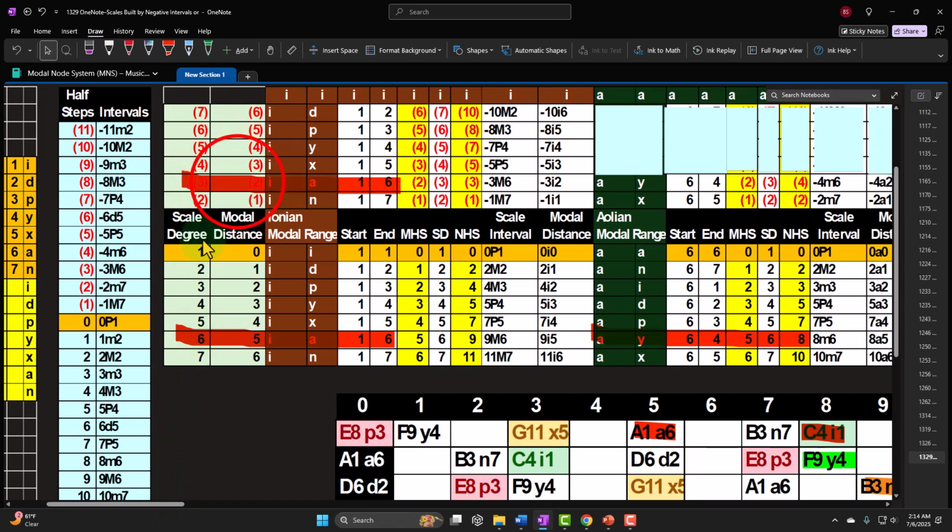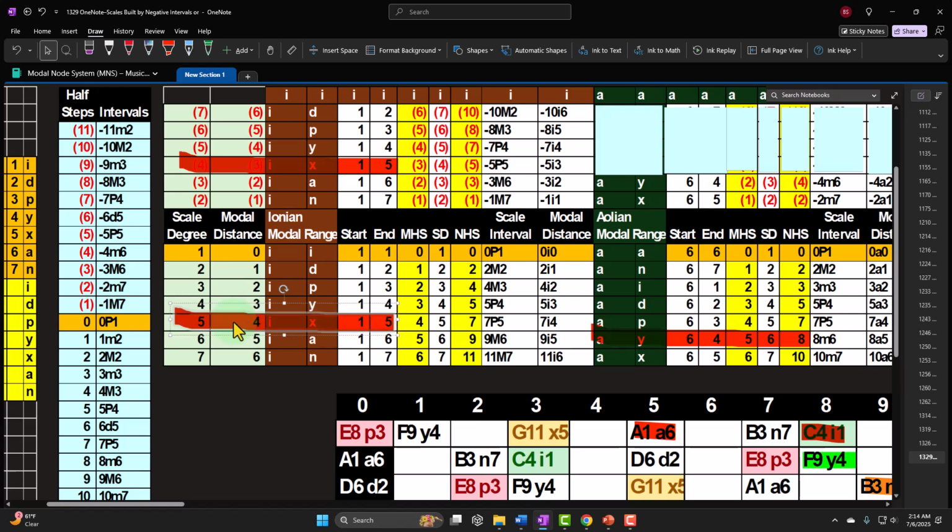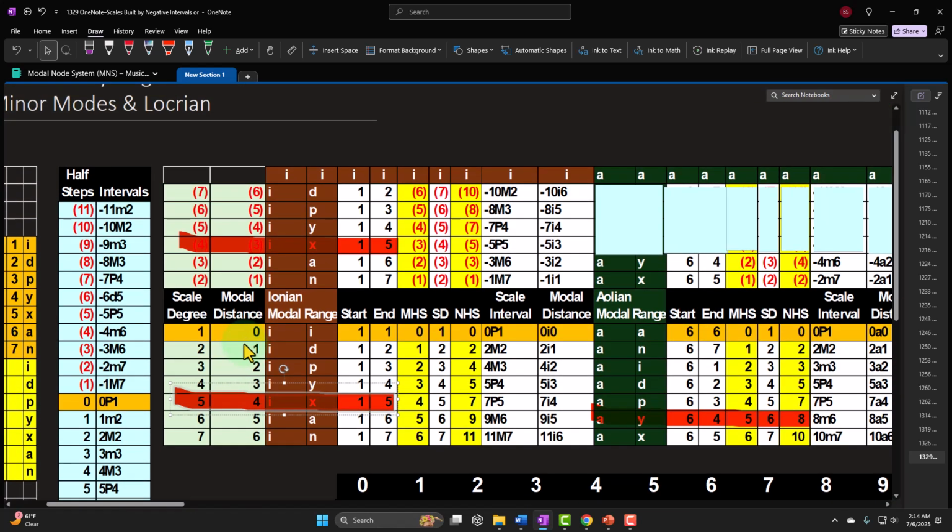Okay, so let's go to the next one up. If we start on the Ionian, now we're going a modal distance of 3 back, which is going to be the scale degree of 4 if we had negative scale degrees. We would go from the Ionian back to the Mixolydian. That would be a 1-5 modal range. So we'd be going back 3. The scale degree would be negative 4. It would be a negative 5